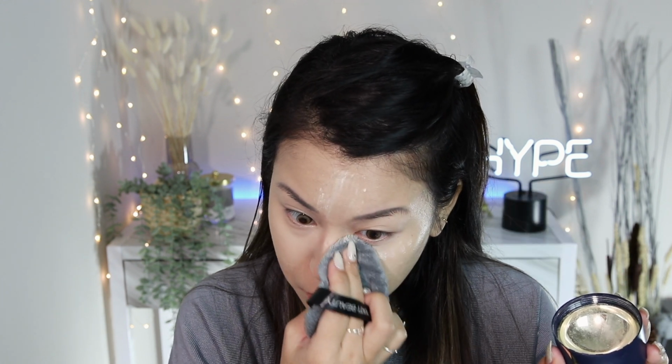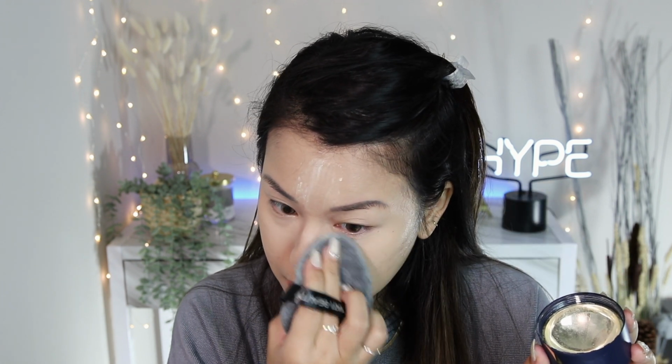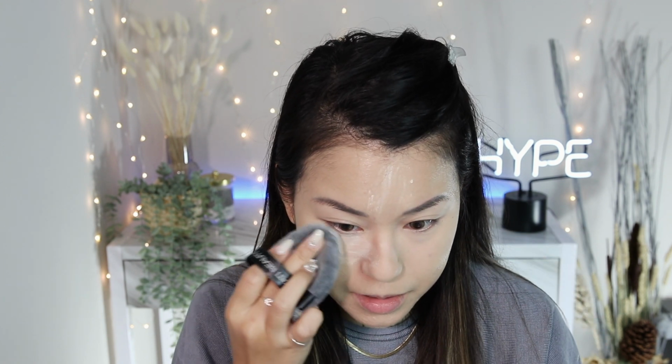I think with the cap it would be nice to use it with a brush, but I personally prefer using this little Tati sponge. But it's nice to dab the excess product on the cap before applying it on top of the skin. I wouldn't say it's perfect on my skin right now because my skin has been adjusting with the weather, but right now you guys can see there's a little dryness on the face,